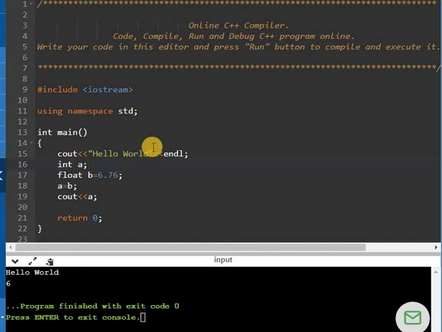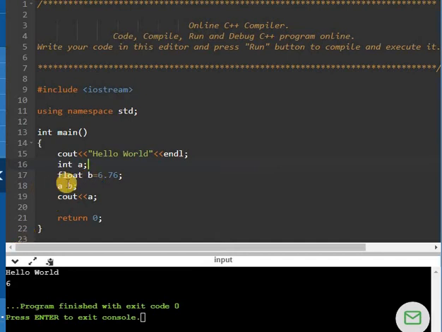We studied four types of typecast operator. Among those four types, one was very basic and used almost everywhere. That was known as the static cast operator for explicit type conversion. So in the same example, I have taken a as integer and b as float value.